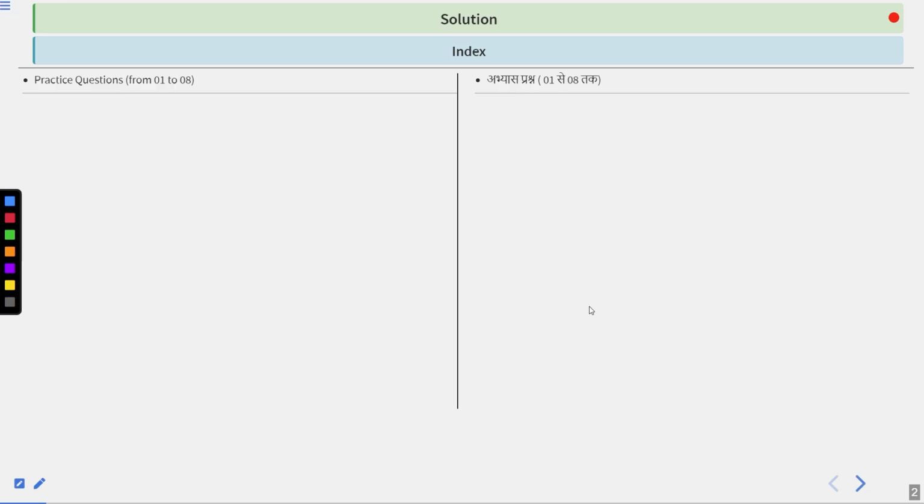So in this question session, we will practice questions from question number 1 to question number 8. So a total of 8 questions will be there and I will give you 10 seconds to solve each question. At the same time, I will also read these questions aloud and slowly so that you can get more and more time to solve the question, with some hints. So let us begin this session of questions.